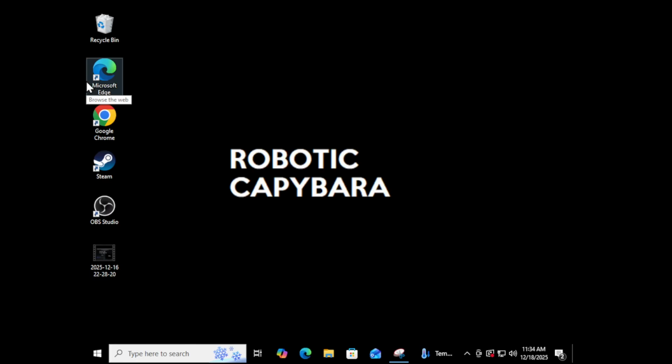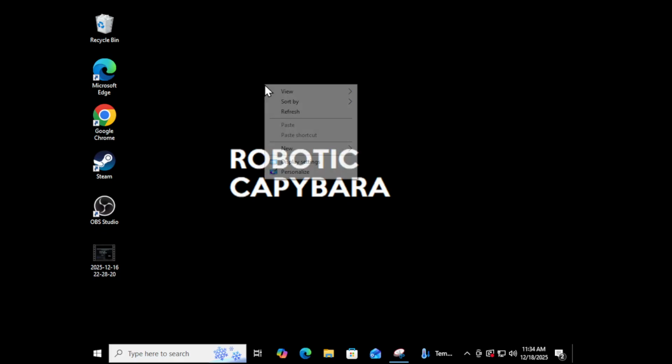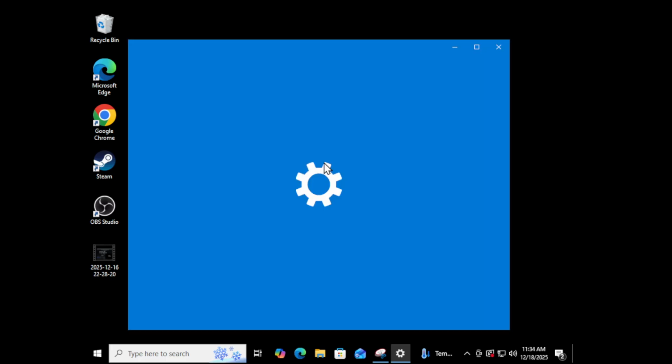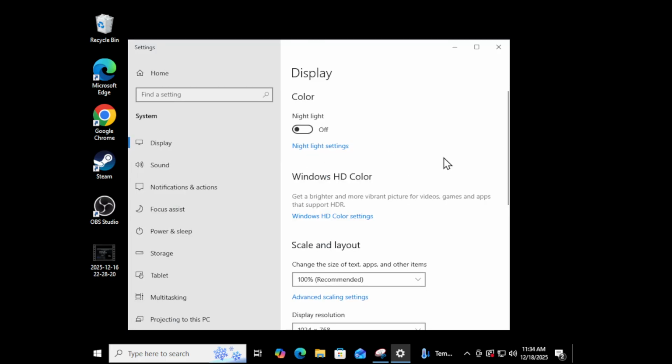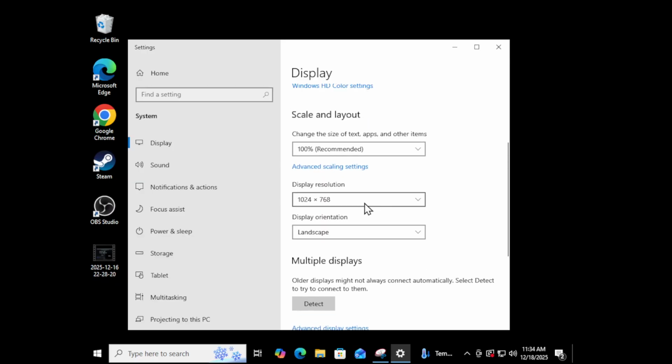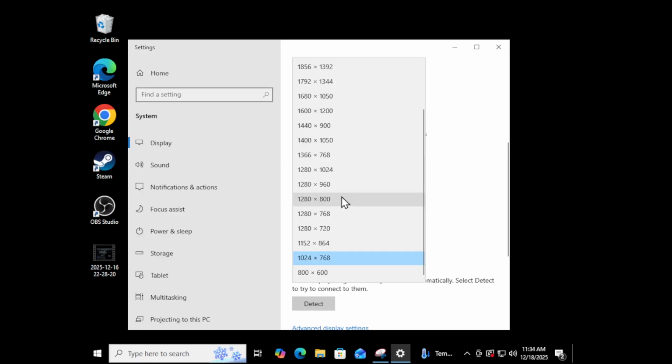In this video, I'll show you how to change your screen resolution in Windows, and it's a very simple process. All you have to do is right-click anywhere on your desktop and then select Display Settings. Once you select Display Settings, there's going to be a lot of things that you can see. The one that you want to go to is Display Resolution, and then you can select whichever display resolution you